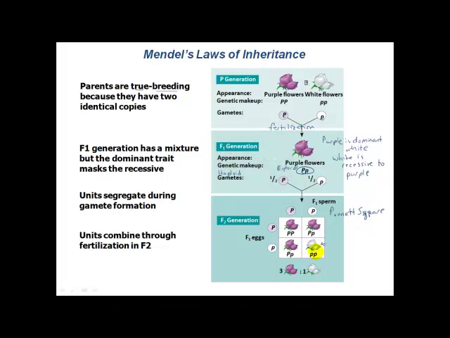Okay, so what we're looking at here, as we said, Mendel's law of segregation states that the two allele types in the parent plant are going to segregate during gamete formation and then come back together during fertilization to produce the next generation. And so that's what we're depicting here in our Punnett square.